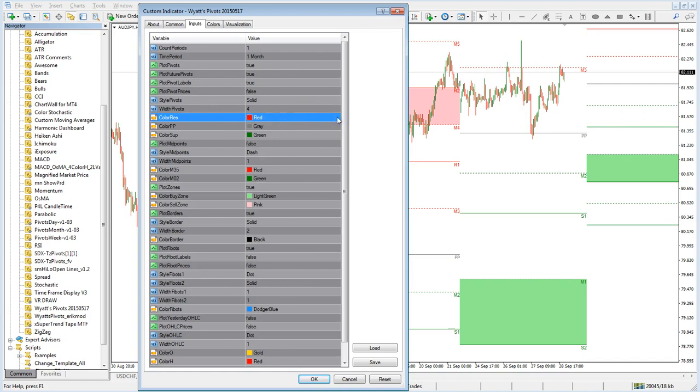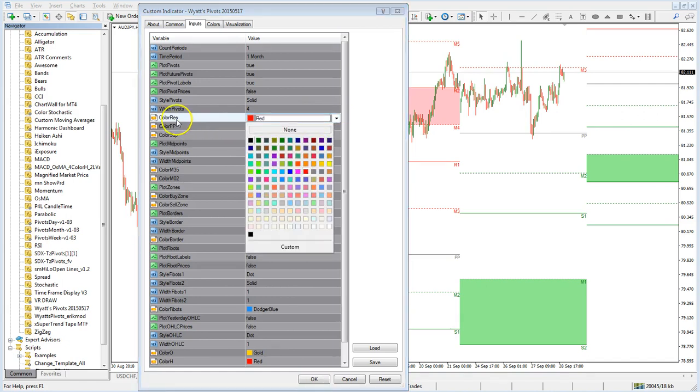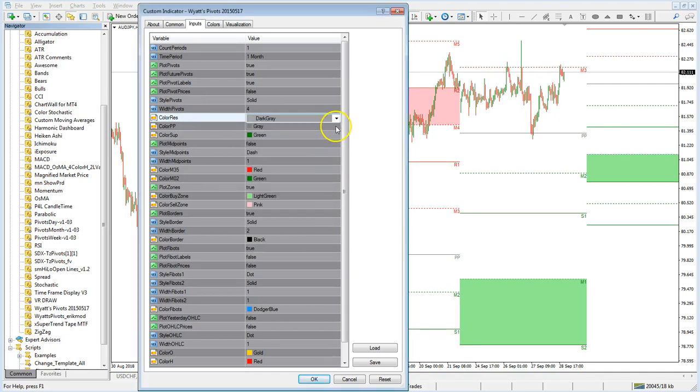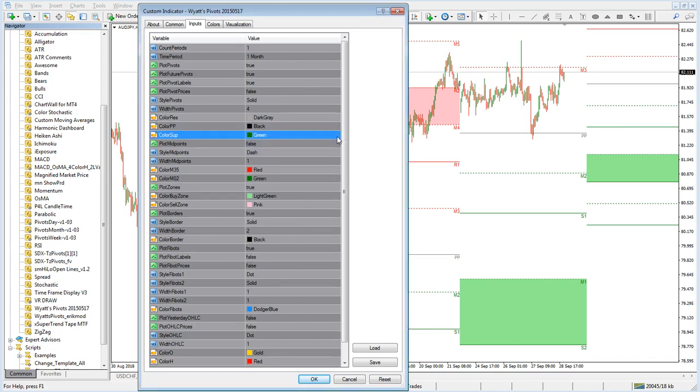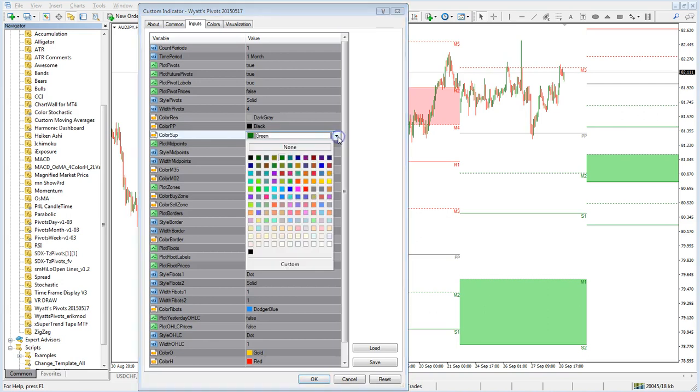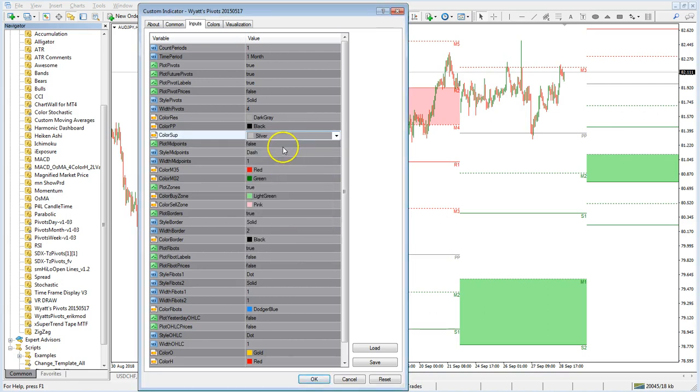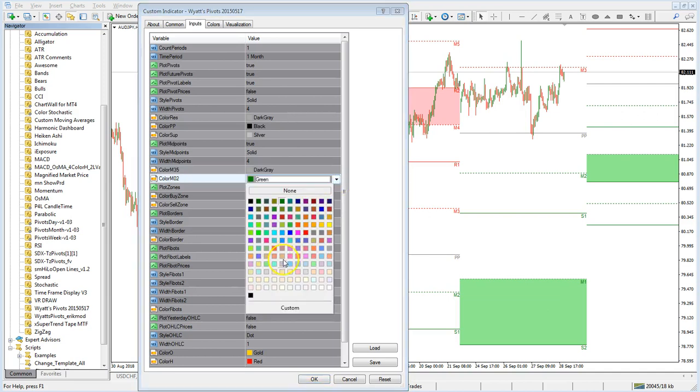Now we'll make the resistance pivots dark gray. We'll make the pivot black, and we'll make the support pivots silver. So here we'll show midpoints. We'll make this one solid, 4 as well, and we'll make this one dark gray. We'll make this one silver,